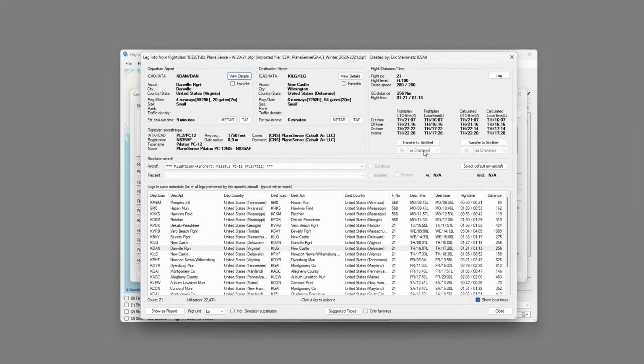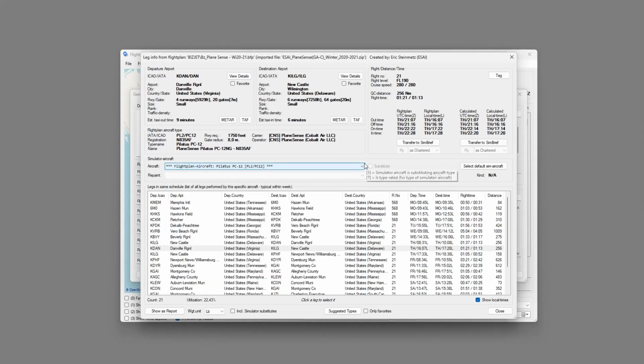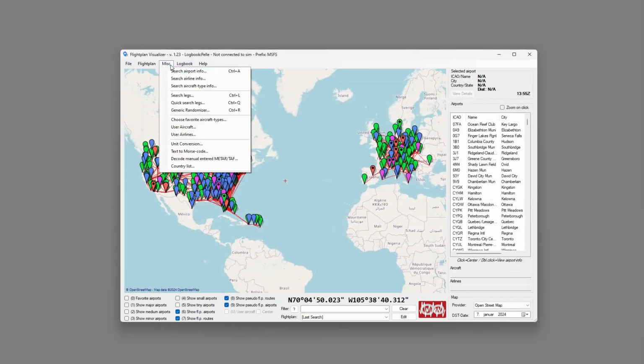And now you see the charter option is grayed out. First of all, I have not added this as a simulator aircraft, so I don't have an aircraft yet to use. And second, since I'm not type rated, I will have to choose it as a training flight. So if we add the aircraft,